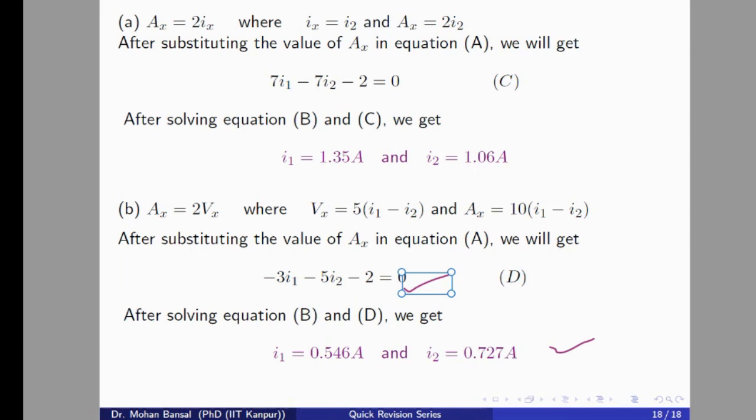So in today's video, we discussed the KVL, where we can apply it and how we can apply it. After that, we have seen the mesh analysis in different cases, with independent sources. And we have also covered dependent sources, like current controlled current source, current controlled voltage source, voltage controlled voltage source, and voltage controlled current source. And we have solved some numerical problems also for approaching and handling such kinds of problems.